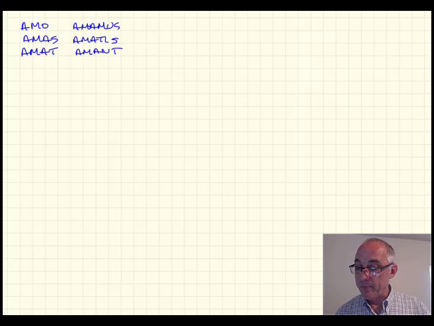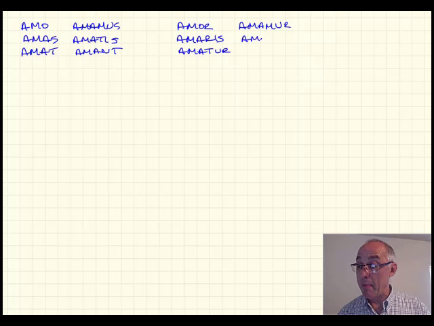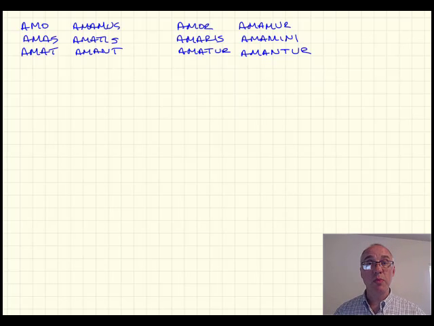Amor, amaris, amatur, amamur, amamini, amantur. Notice in the present system, the active and passive, we're just changing the endings, but we're still off of that same stem, ama. The imperfect, amabam,